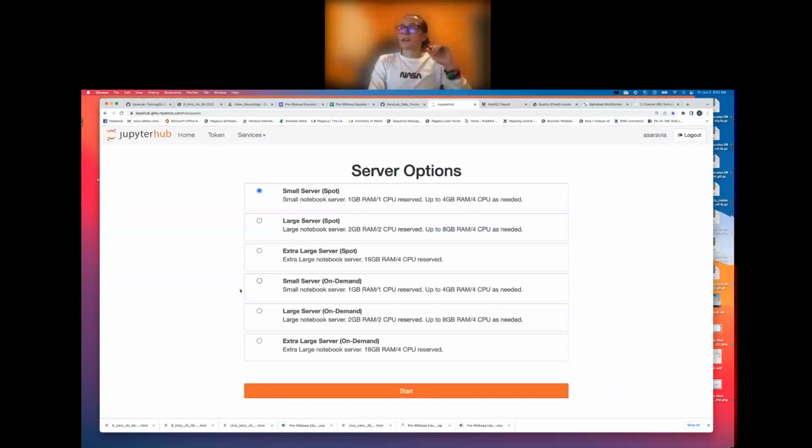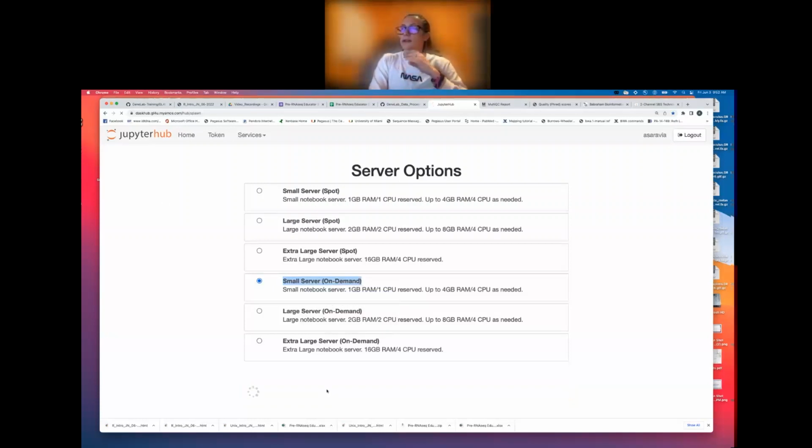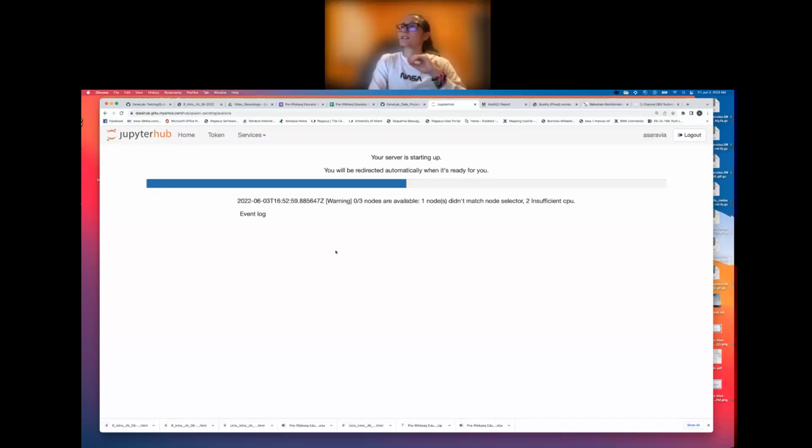And again, you guys are going to select the small server on demand. So once you log in and you get to the server options, small server on demand is what you want to select. So everyone select that small server on demand and then click start. And as that's loading up,